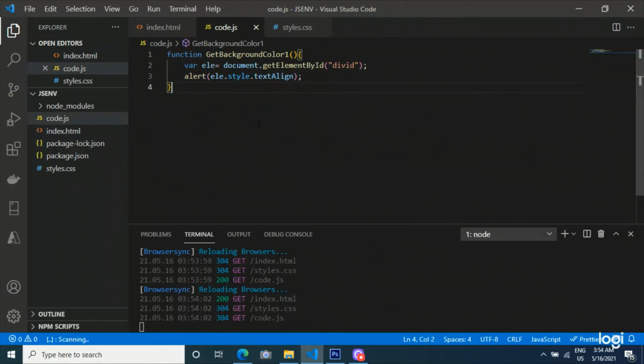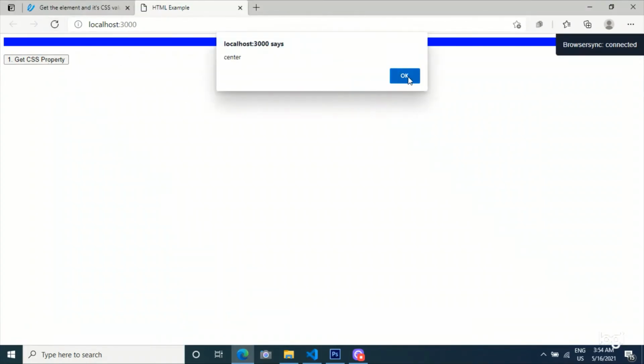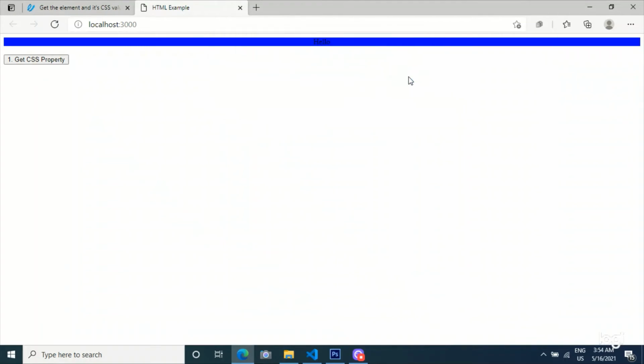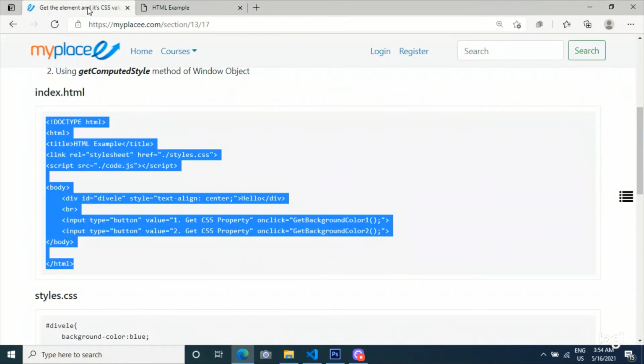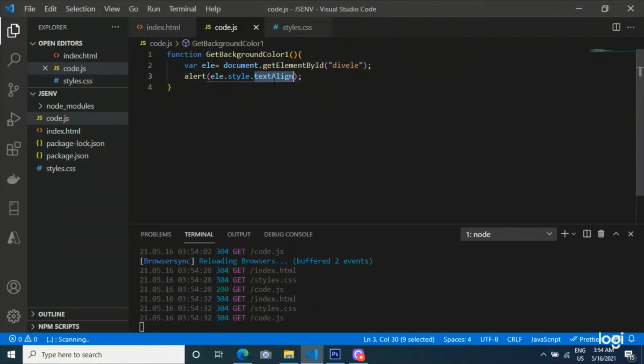Now we get the value of the text-align property, and I will change it to background color.